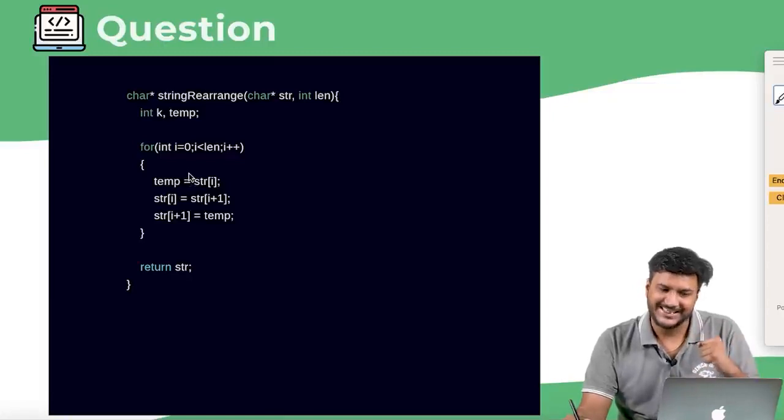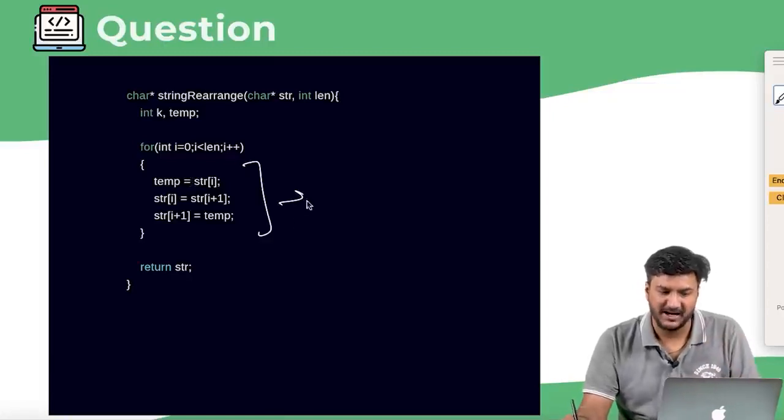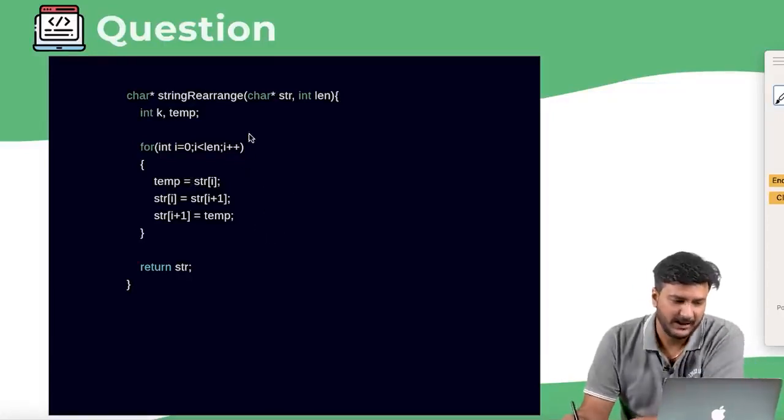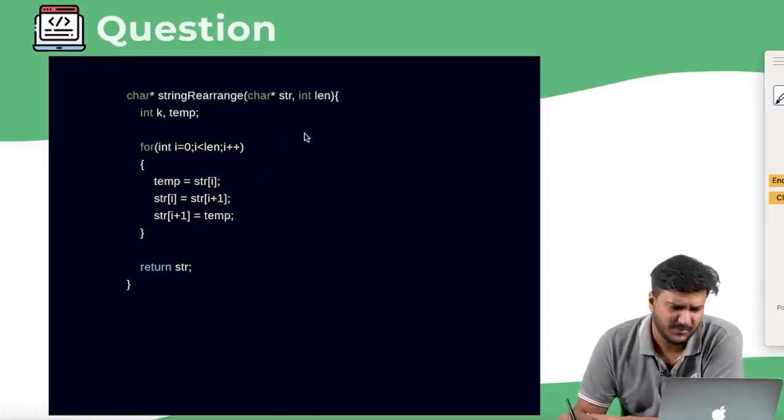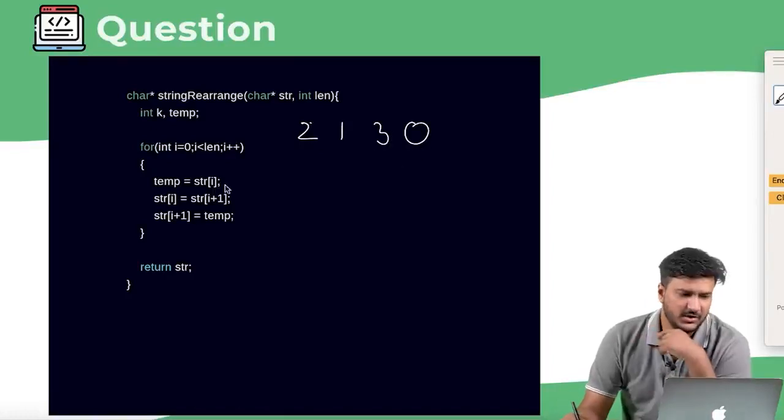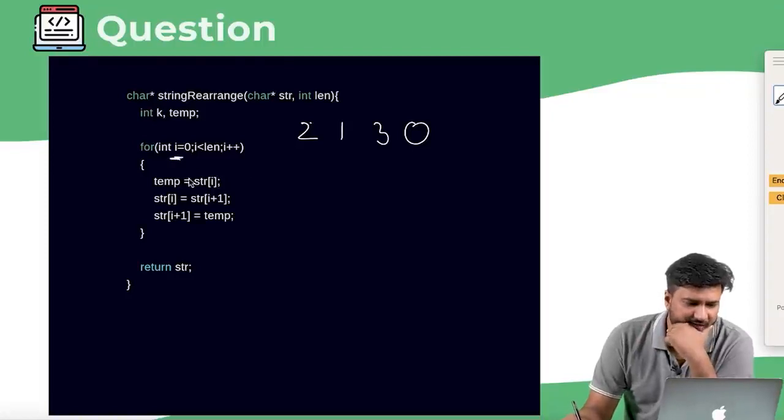Now, in the further cases, when I see what the logic behind the program is, let's assume it's a number, rather than a string. So let's say it is 2 1 3 0, right? The for loop starts, we assign temp is equals to 2, then str of 2 is equals to str plus 1.